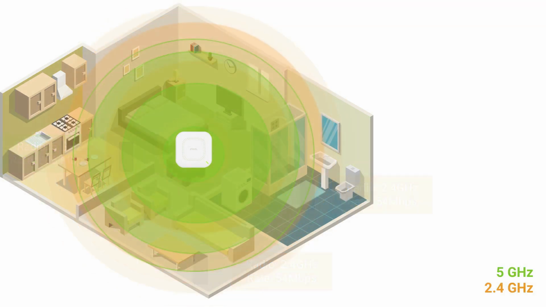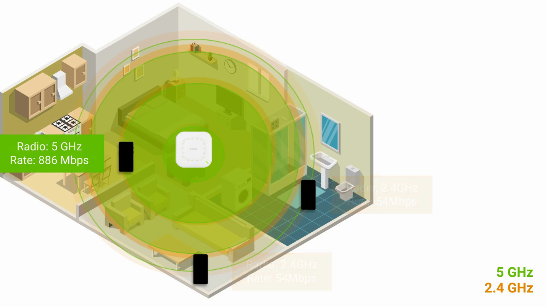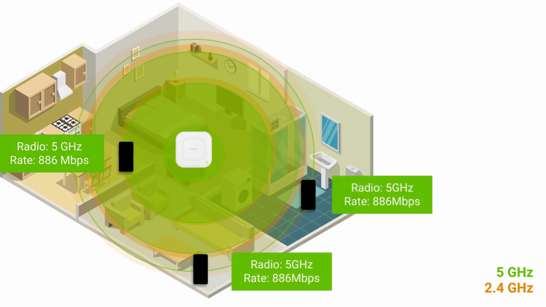By reducing the output power of the 2.4 GHz band, we can achieve more uniform coverage across multiple radio frequencies. Devices will then consider additional factors such as transmission rates when selecting a frequency, resulting in an enhanced user experience.